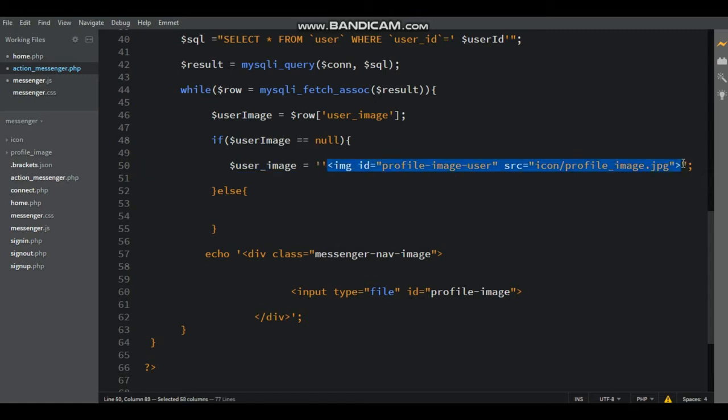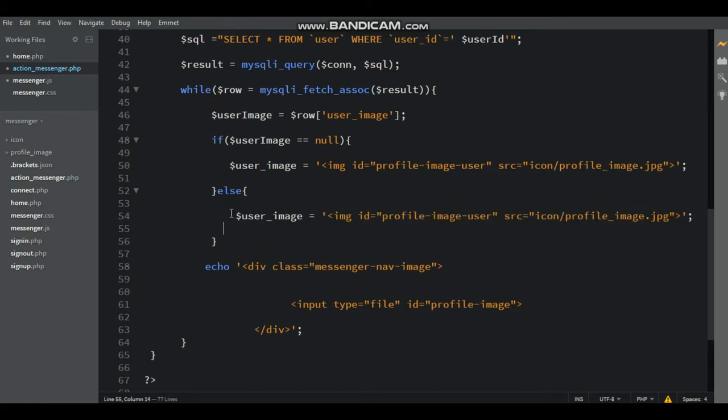Here when user image is equal to null, it displays the profile image icon, else if it is success, it displays the user profile image.